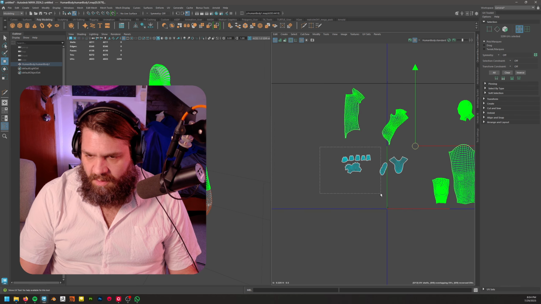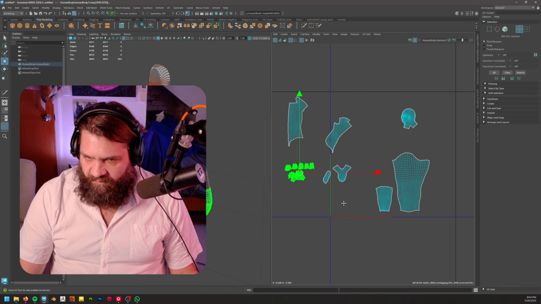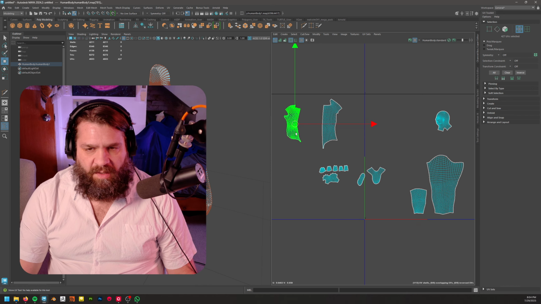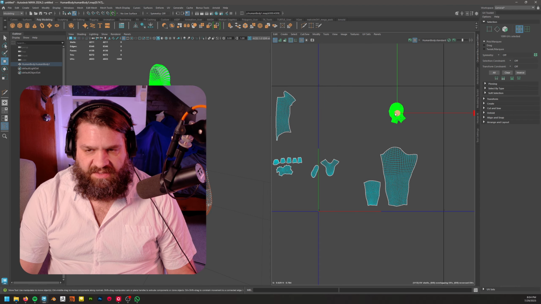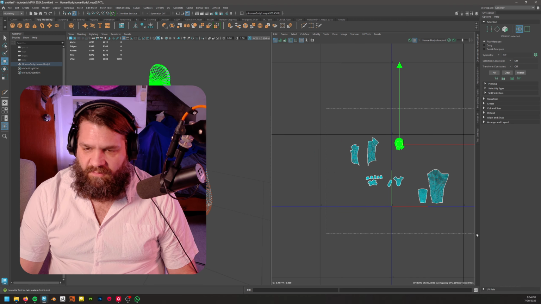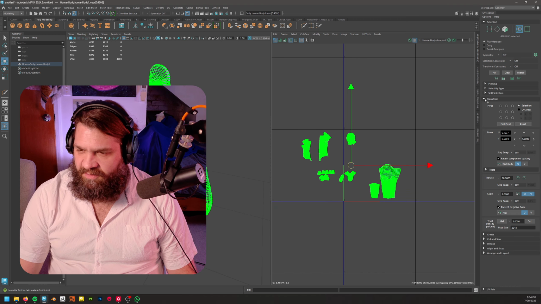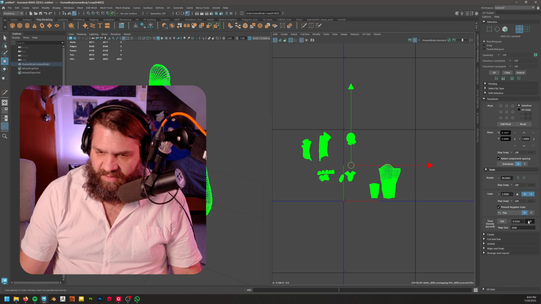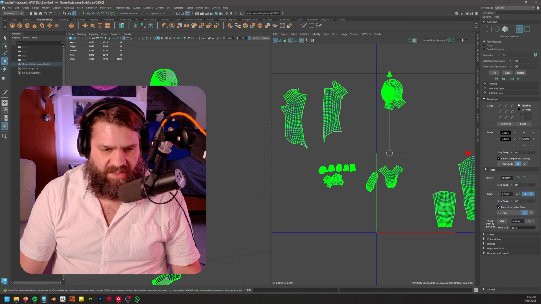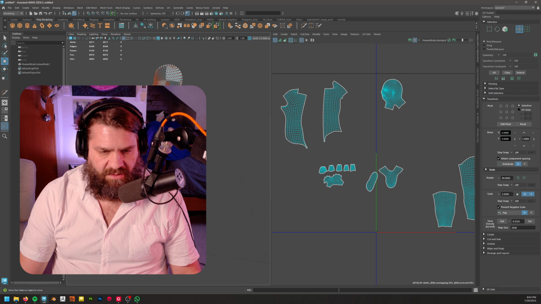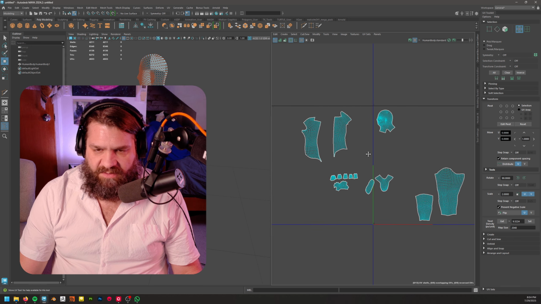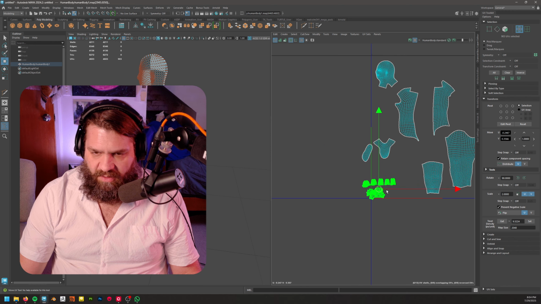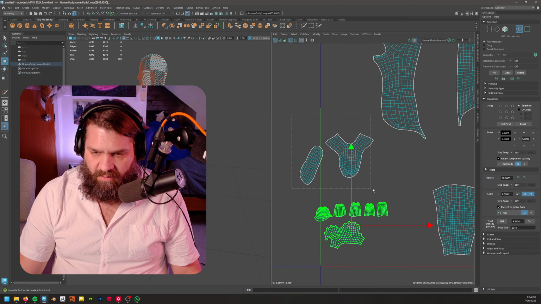So, I think now we've got everything unfolded. So now this is the part where I might do 2 things. One is to check the overall size of the UV. So I'm just gonna grab all of these, and inside of transform, I'm gonna go get and then set. So everything now has got the same size of the UVs, and this is where things like, for example, the hands are not gonna get welded in the middle, or the feet,